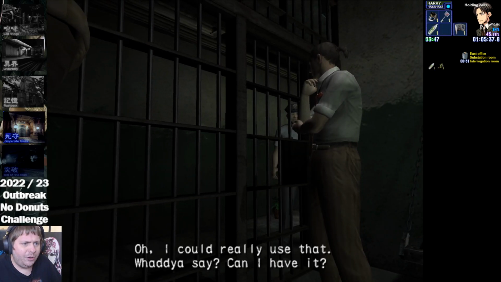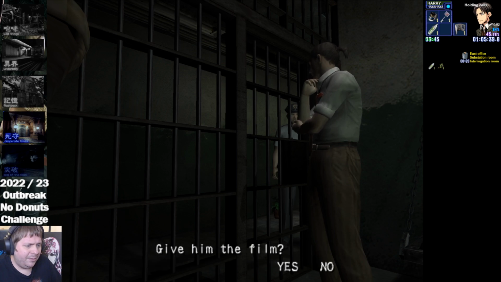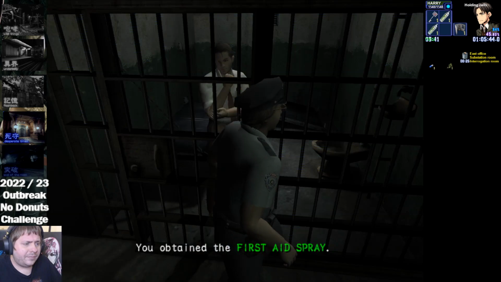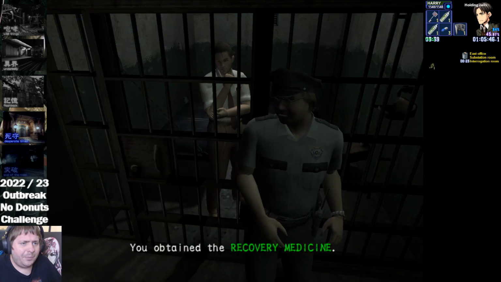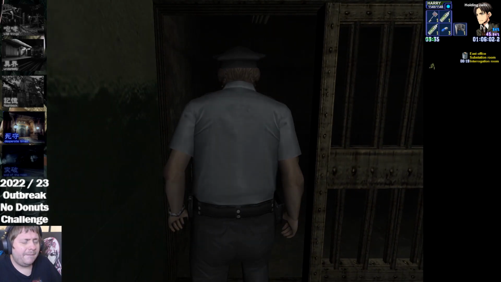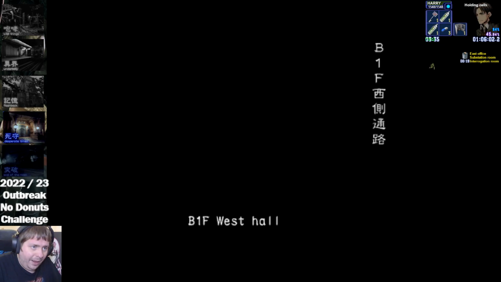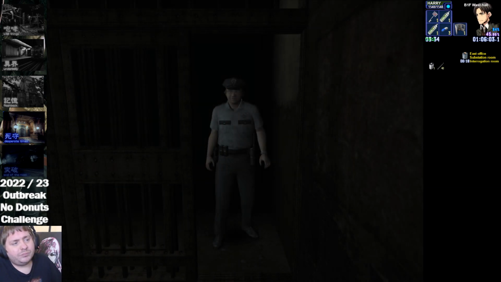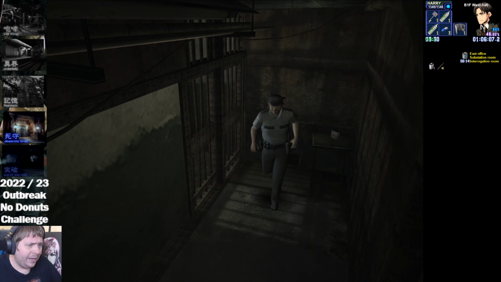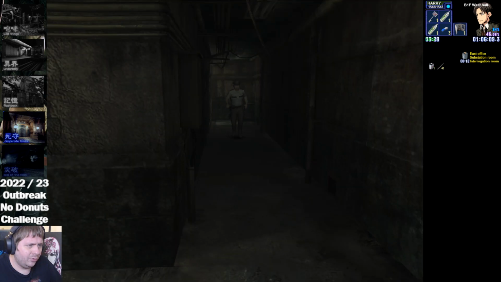So, give him the film, first aid, and I don't know what the other one gives me. Free recovery pills. All right, nice. So we're looking pretty good on health, and this is good. Yeah, plenty. So we're gonna head on up. We need to get hold of the padlock key to get the magnum. And we need to...